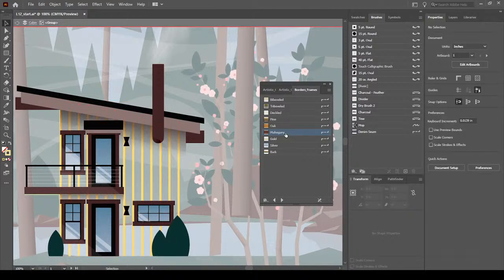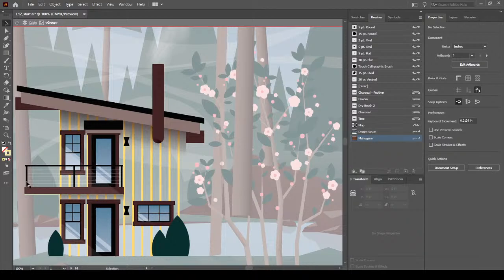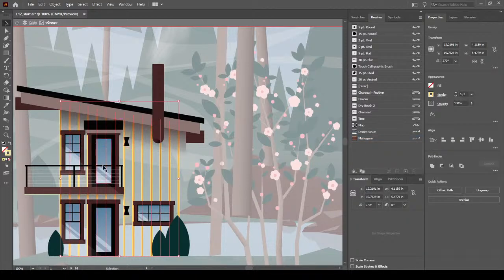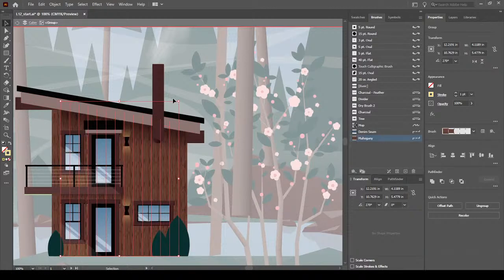Now if I select this one, mahogany, I think it's a type of wood, and then I close it so that it will add. Now it is added here. Now I can apply this mahogany pattern on these strokes. As soon as I apply it, you will see on each stroke there is mahogany